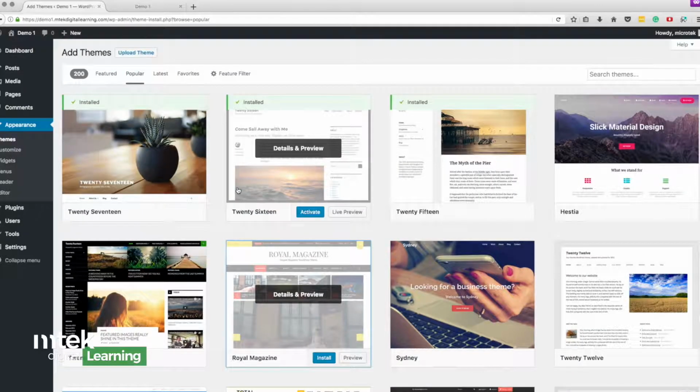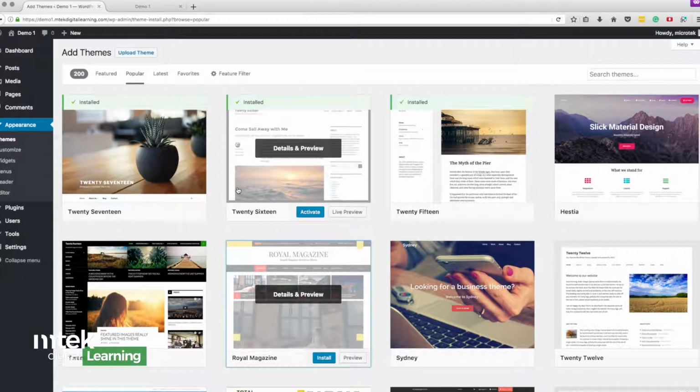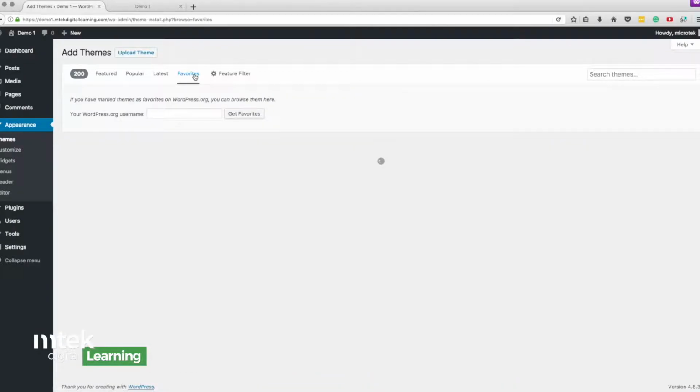The process of finding a theme is probably the most important thing that you start off doing, because that is going to set the tone of your entire development process. Your tools will be different, your settings, the way the menus function on the top, your headers, maybe it's a blog style, so it caters more to blogs. So I mean, you can see here